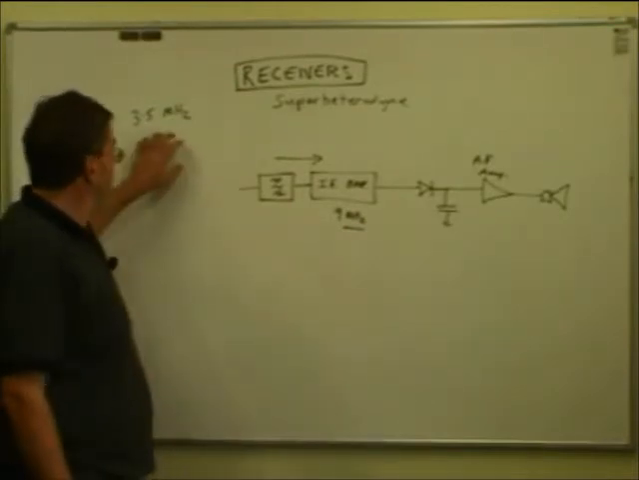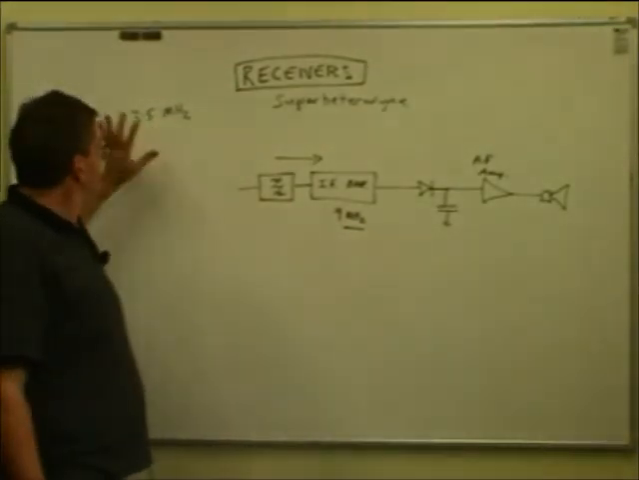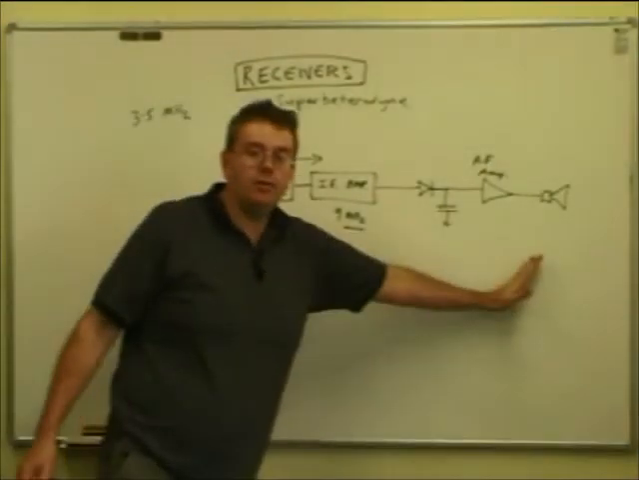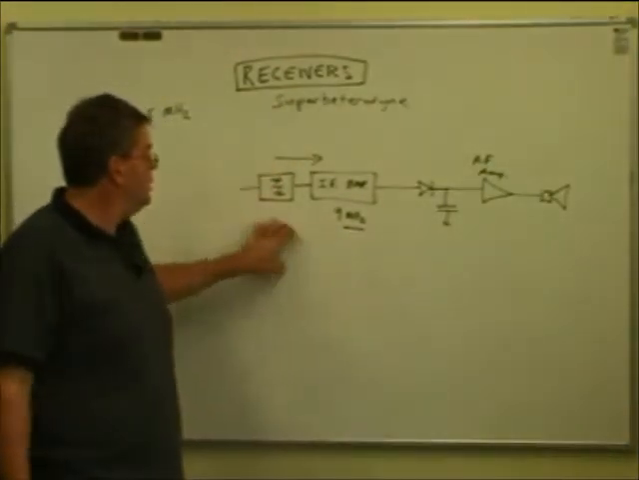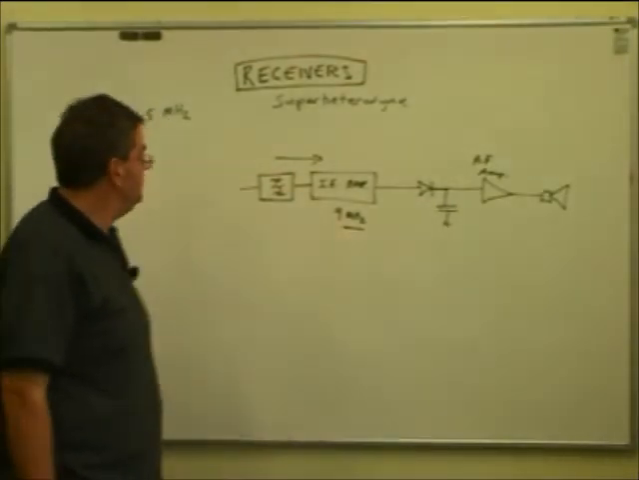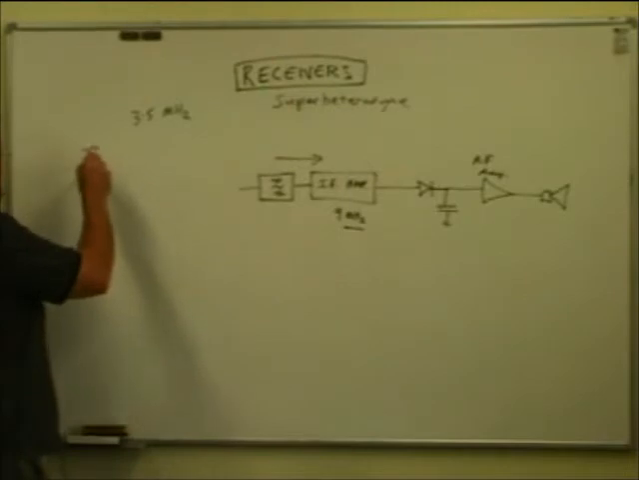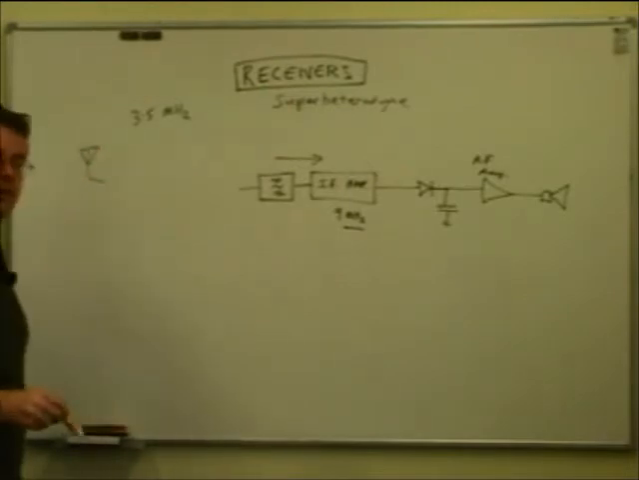So we have to shift. The idea is we want to shift our signal at 3.5 megahertz to 9, where we can do the bulk of the signal processing: filtering, amplification, detection. So what we do is we have our aerial here with our 3.5 megahertz signal, kicking the telephone over on the floor,